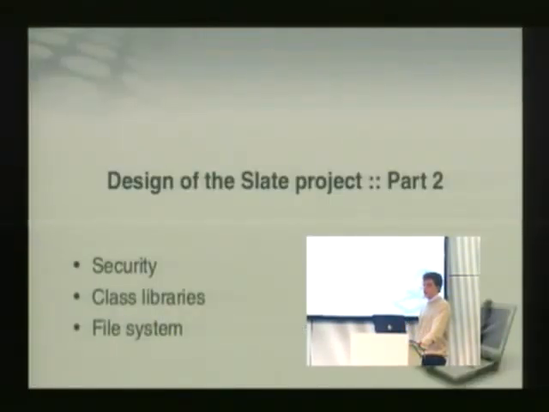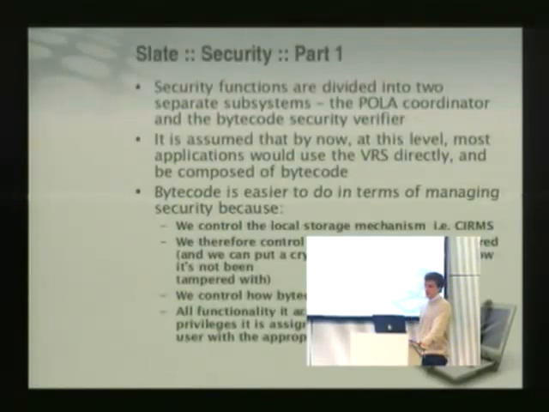Now we'll talk about security, a bit about class libraries and the file system built on CMS. Security functions, we build our basic premise for security